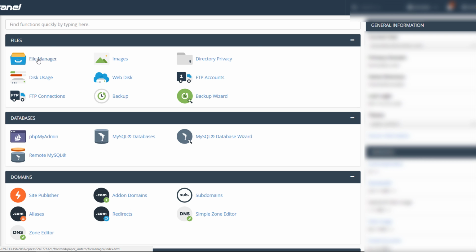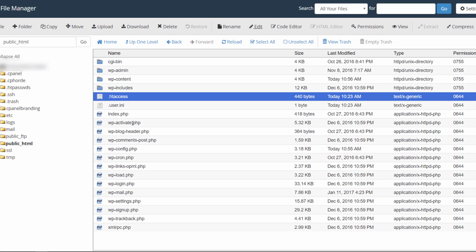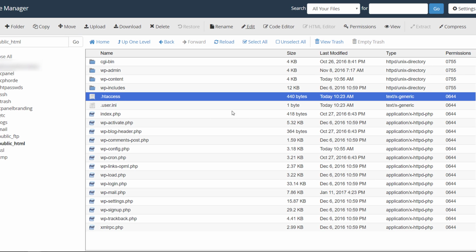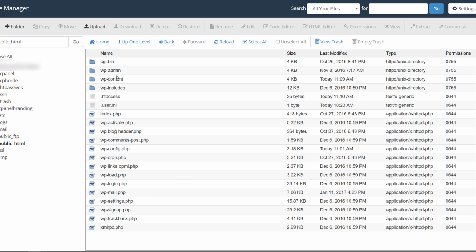So then you'll click on File Manager. It'll open up a new window. In this new window, you should see your WordPress installation. All right, so now there's two files in particular we're going to work with. The .htaccess file. If you don't see this because it's a hidden file, go to your settings and show hidden files, the dot files, and just click on save. And then you should be able to see it. And then also the